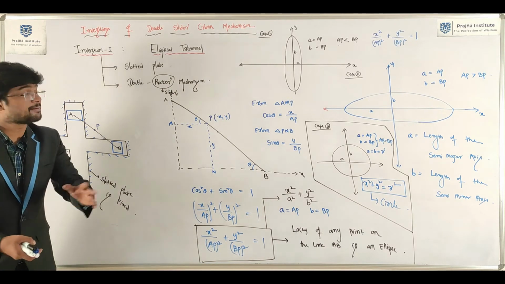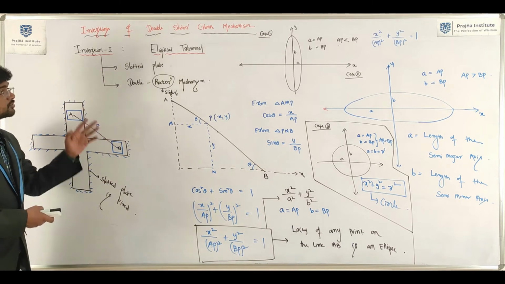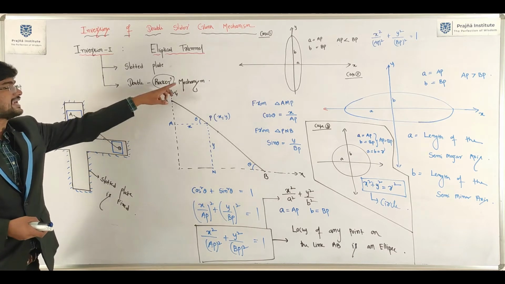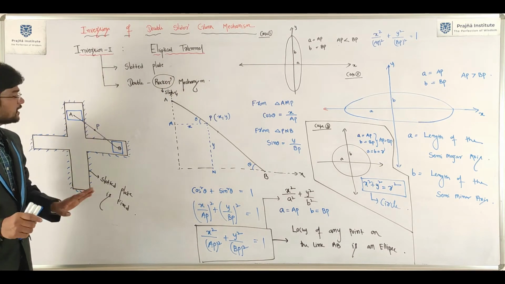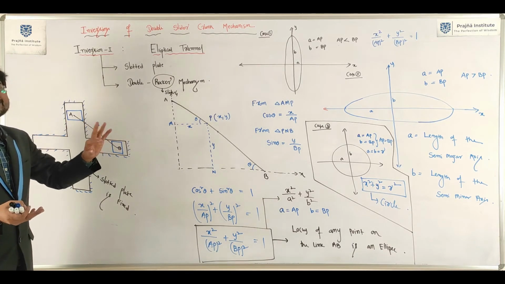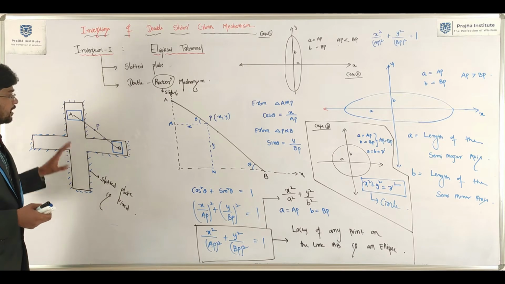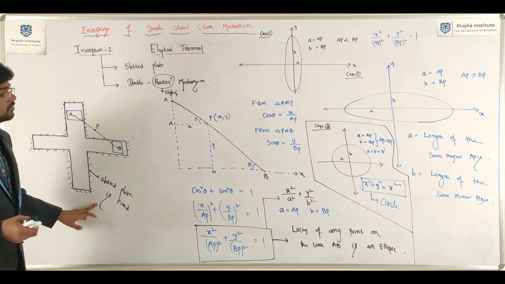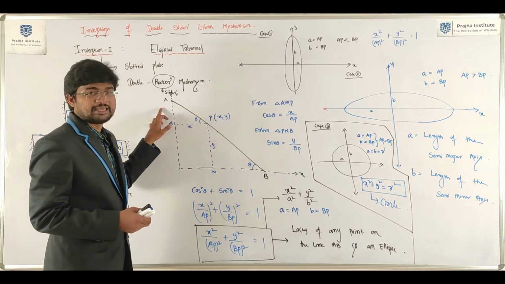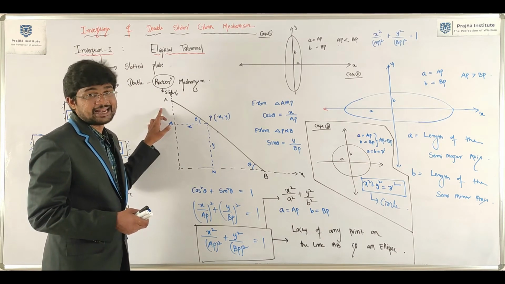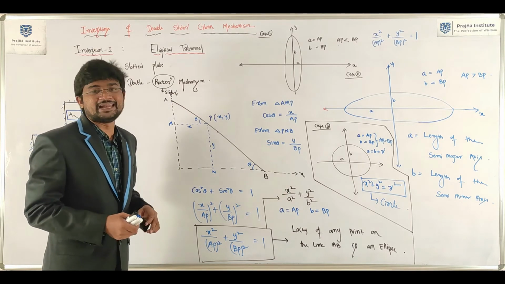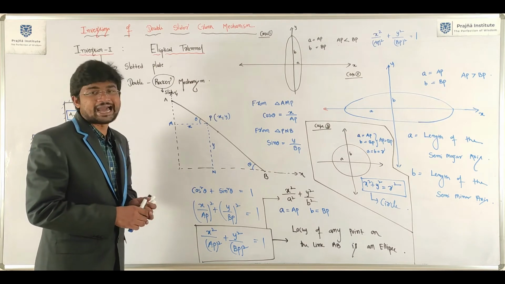Yeah, this is all about elliptical trammel. Inversion number 1. Here the resultant mechanism is a double slider mechanism. Strictly speaking, these two sliders will slide actually. This is a double slider mechanism, and here we are fixing the slotted plate. We proved that the locus of any point on the link AB is representing an ellipse. That means by placing a marker at any point on the link, it can draw an ellipse.